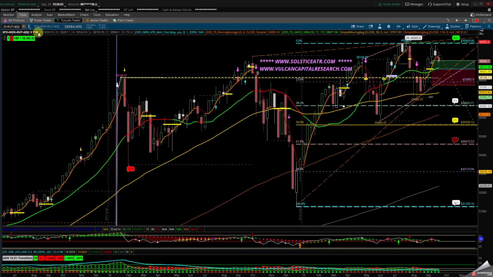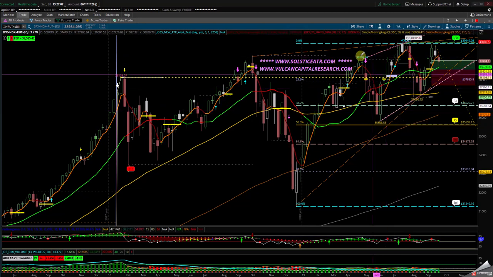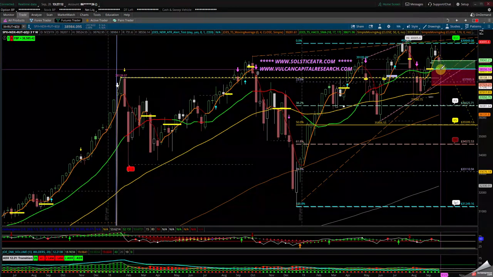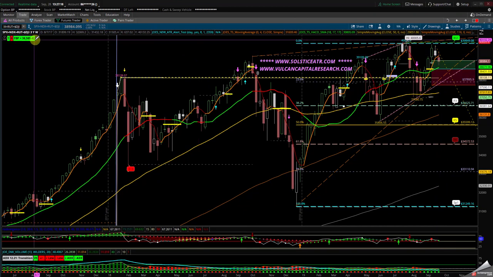What I did, I put the S&P 500, the NASDAQ, the Russell, and the Dow Jones Industrial Average together as a combination of those instruments on a weekly basis. So we are traveling inside of a channel. We're still in an uptrend. As long as the combination of those instruments stays above 38,585 and a half, we are still bullish.